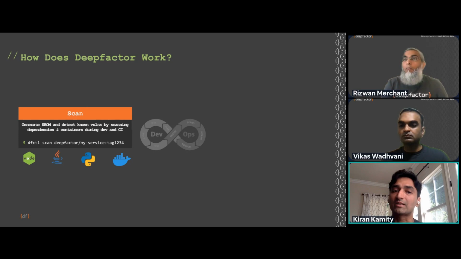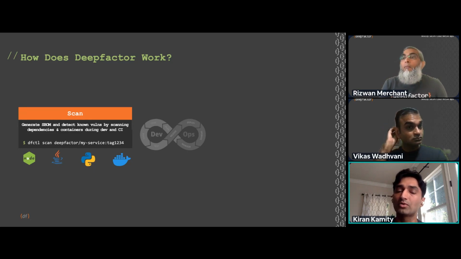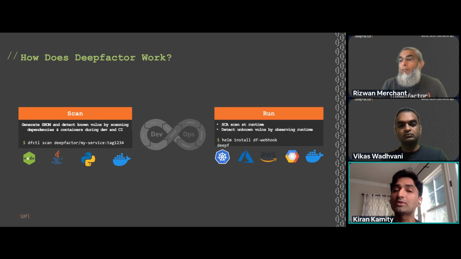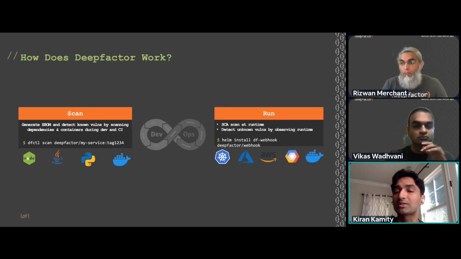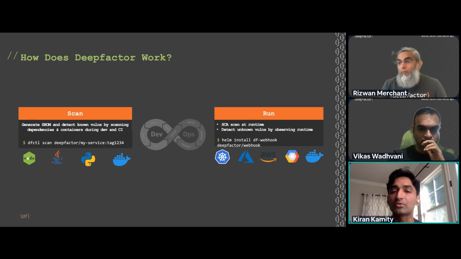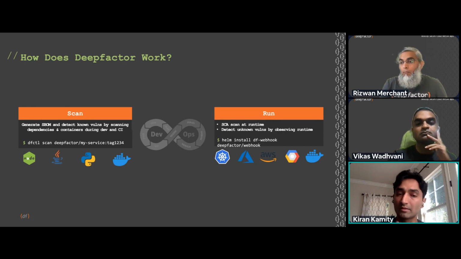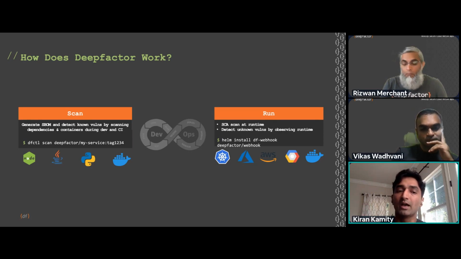And that is where Deep Factor comes in. So what we've created is 3 years of hard work, 14 plus patents in this area that allows you to scan your artifacts and code at build time. But equally importantly, it now allows you to examine how your application is running in your dev, test, and production environments. This allows you on the left to scan, left meaning left of the CI pipeline,